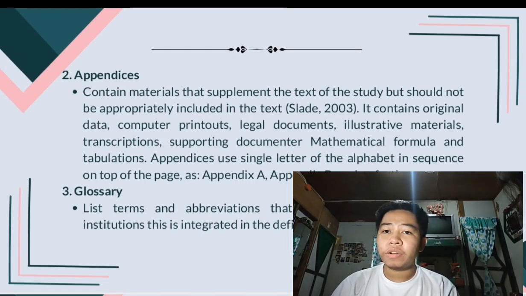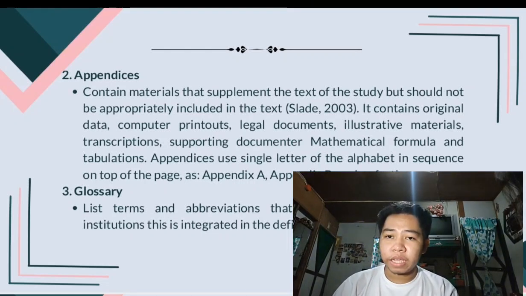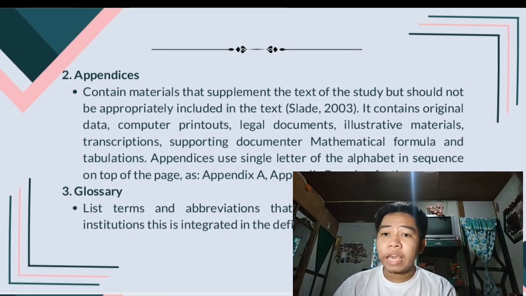Examples here are raw data or computer printouts, legal documents or important forms, charts, graphs, illustrations or transcriptions, mathematical formulas or detailed tables. Second, we have the formatting. Each appendix is labeled with a single letter, starting with Appendix A and then Appendix B and so on.